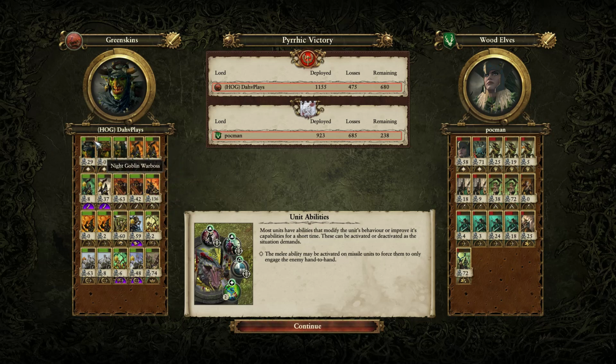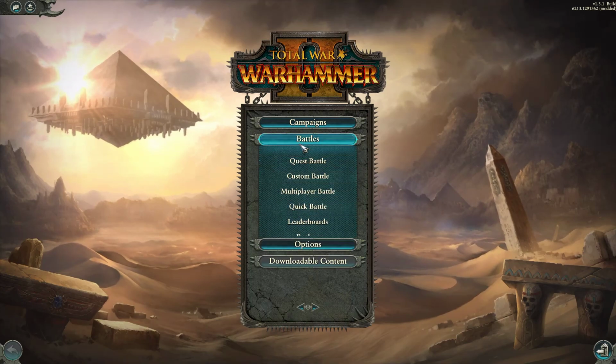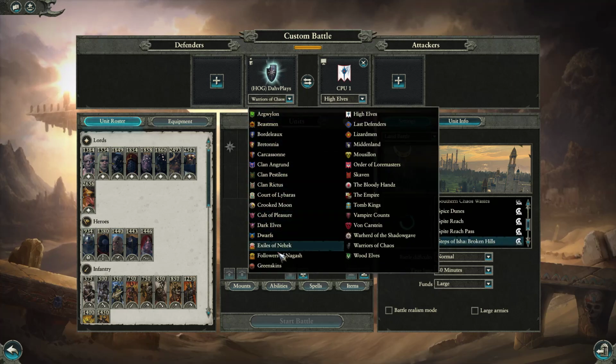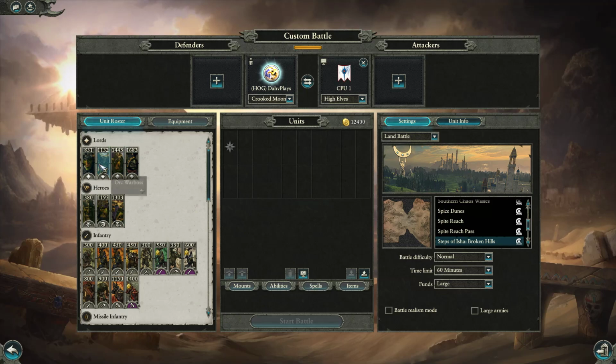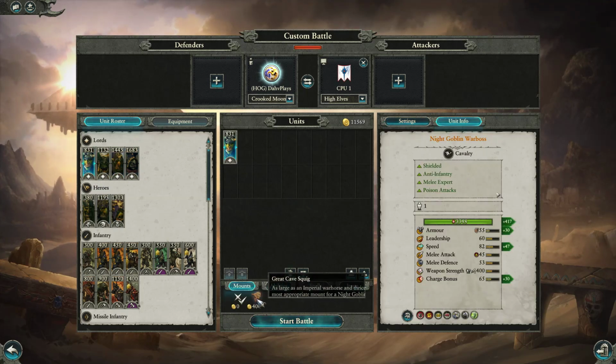And the Night Goblin War Boss himself got 29 kills. Again, he had a few plays with that Tormentor Sword that I missed, but still very useful, very cheap Lord. So if we go ahead and take a look here, just briefly at the Greenskins. And just for fun, we'll go to Crooked Moon here and have a look. So the Night Goblin War Boss, you can either take him on a Great Cave Squig,